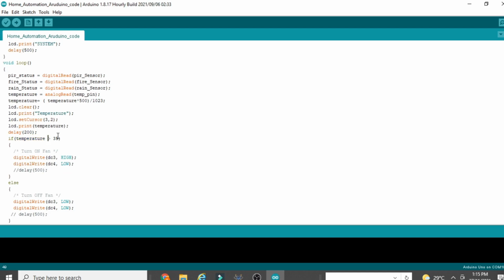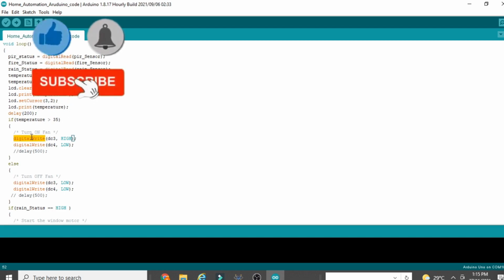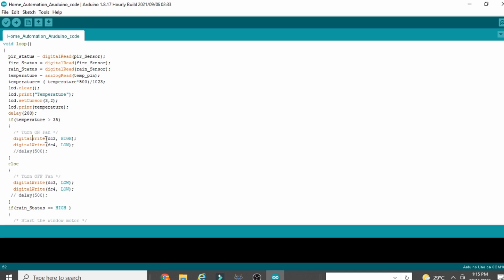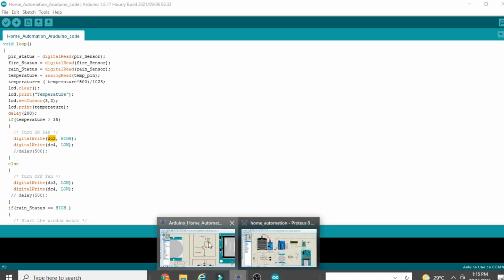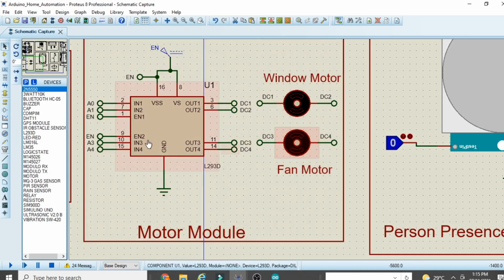After that, if the temperature is greater than 35, here I have designed the logic for the fan. So if the temperature is greater than 35 degrees Celsius, we have to turn on the motor. To turn on the motor, we will use this logic, digitalWrite. This is the function which is used to set a 0 or 1 signal on a digital pin. If you want to send a 1 signal on a digital pin, you have to use digitalWrite, then the pin name, then HIGH, and digitalWrite, then the pin name, LOW. So D3 and D4. In the circuit you can see we have connected the DC motor, that is the fan, to D3 and D4, so these are analog pins A3 and A4.